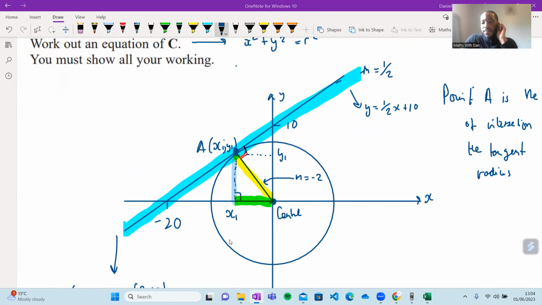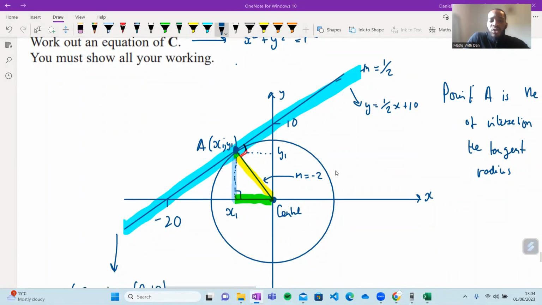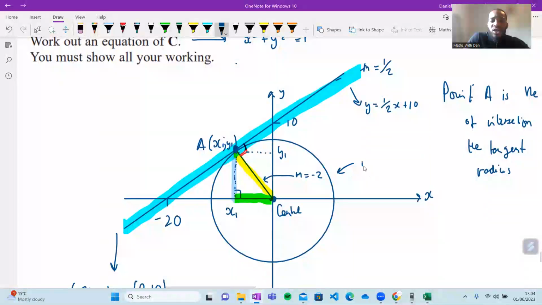Victoria, fantastic. So now continuing, we're nearly done. We know the gradient of this line: m equals -2. Now it passes through the origin, so there is no y-intercept. So c is 0 for this yellow line. Therefore, the equation of this line is going to be y equals mx plus 0, which is just nothing. So it's just y equals -2x. Are we clear with that, guys?